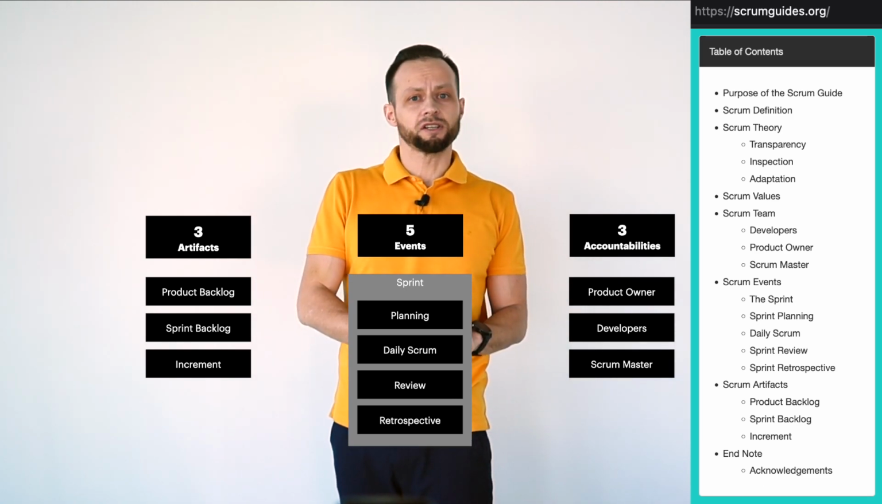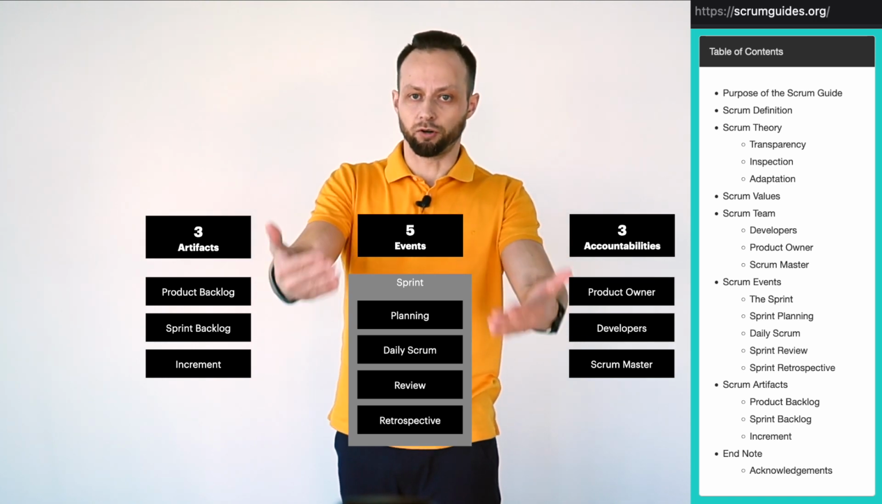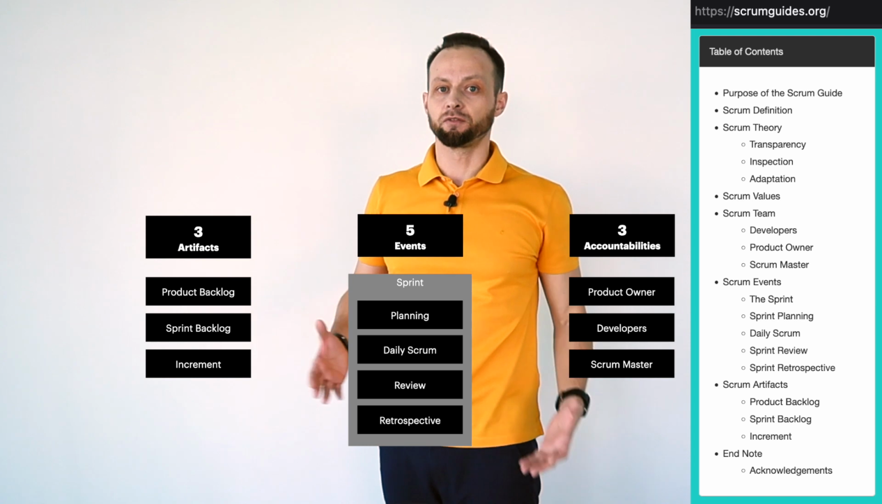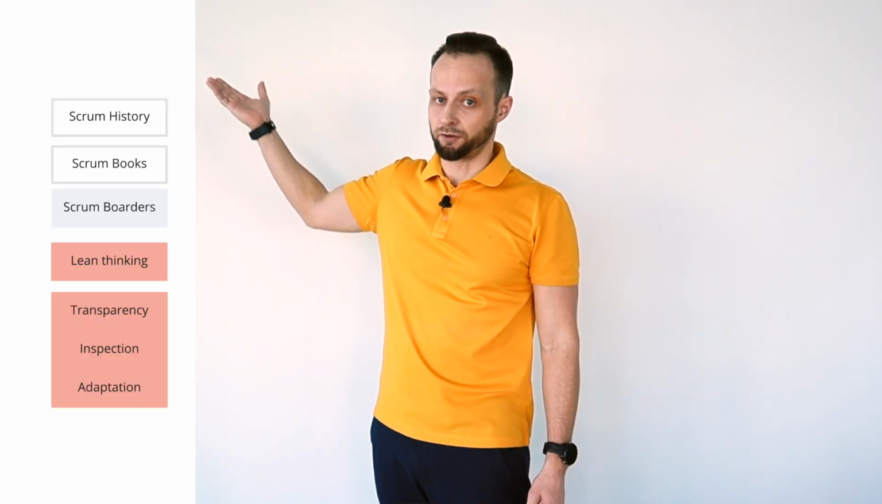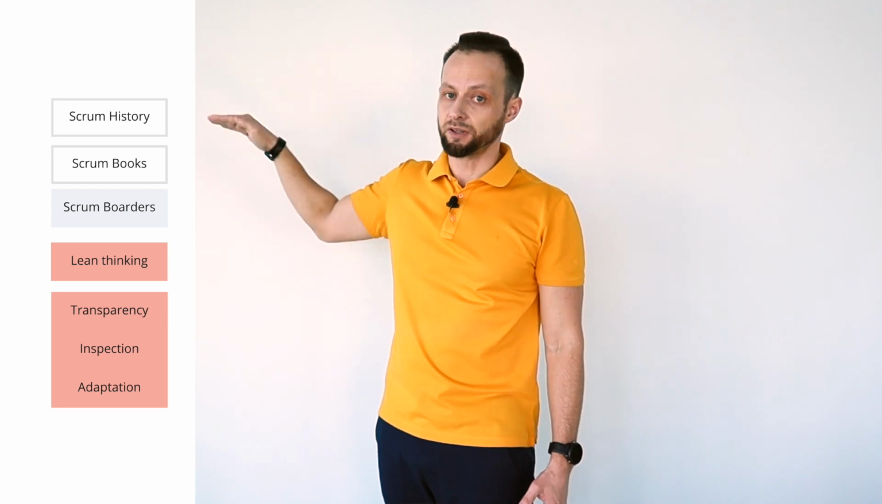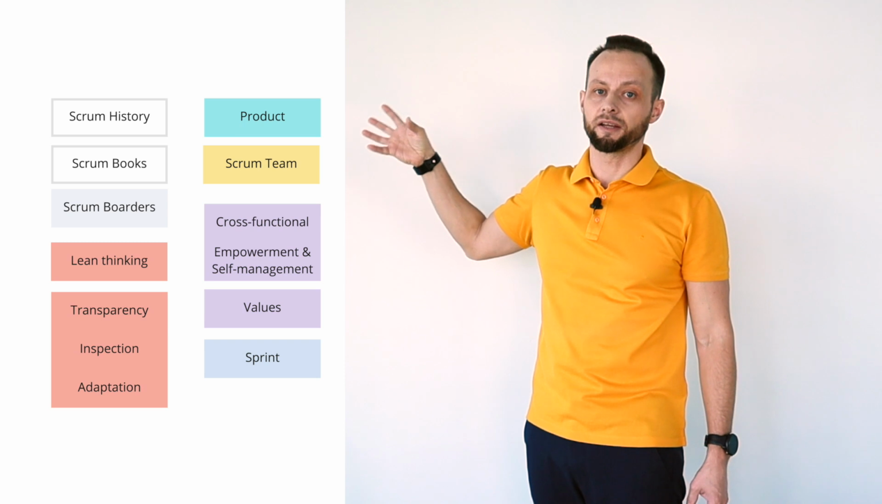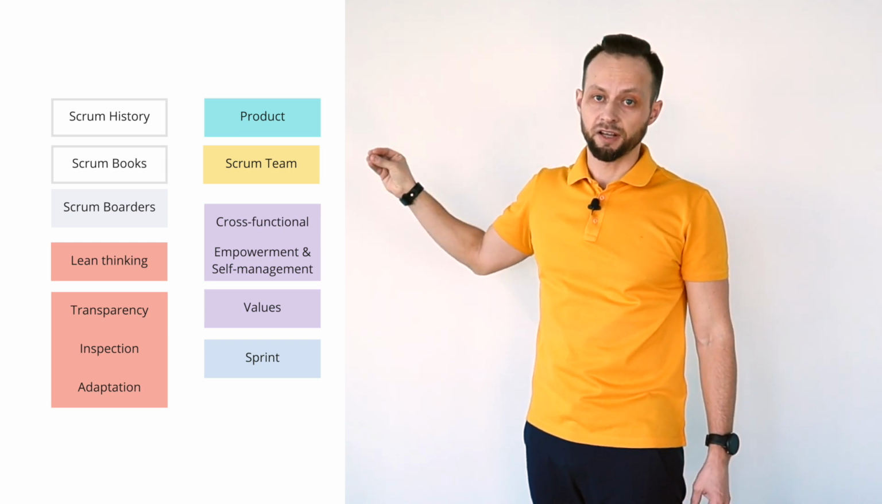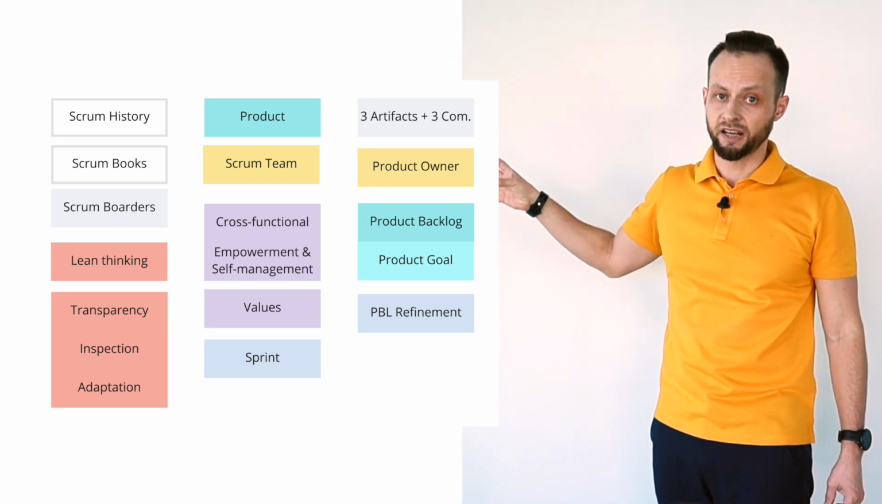However, in this sequence it would be inconvenient to gradually digest the Scrum framework. Therefore, the sequence of this course will be different. The history of Scrum and the Scrum Guide and its foundation, including 3 pillars: the product, the Scrum Team as a whole, its qualities, the 5 values, the sprint as a container for everything else, the 3 artifacts and 3